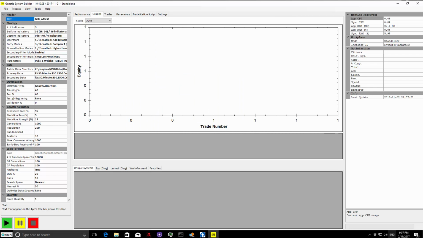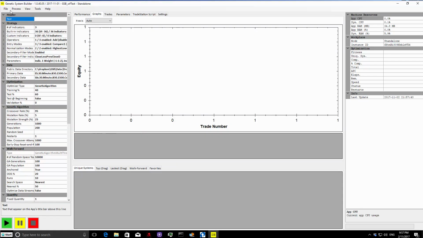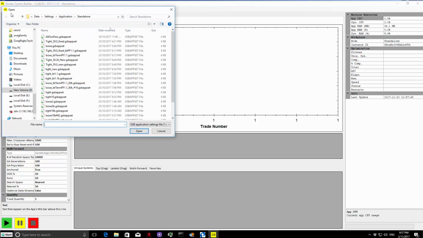Now, first of all, we're going to build some systems on GSB to show how to walk forward them. I'm just running with the default settings when you get GSB. I'll just run those by you. They're standalone, ES, and the filters that we're looking at is